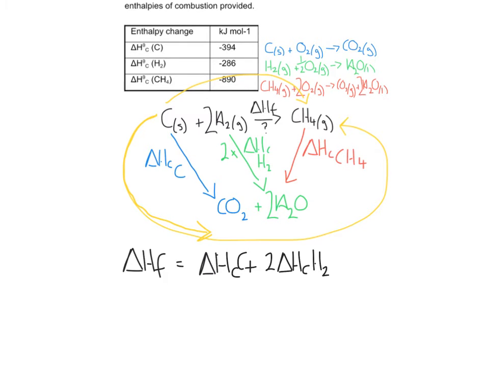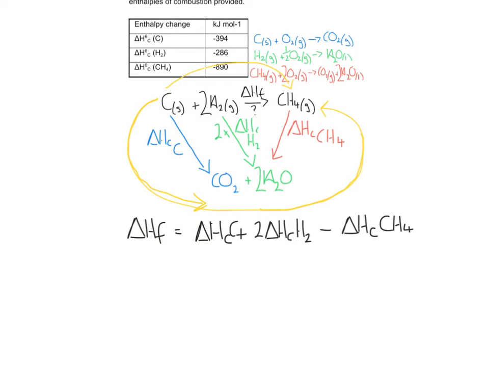But be careful, when we get to here, we are going against the direction of the red arrow. So therefore, it will be minus the delta HC for methane. Now, if we pop the values in that we're given, minus 394 plus 2 times minus 286